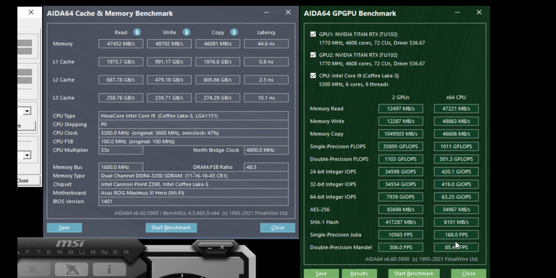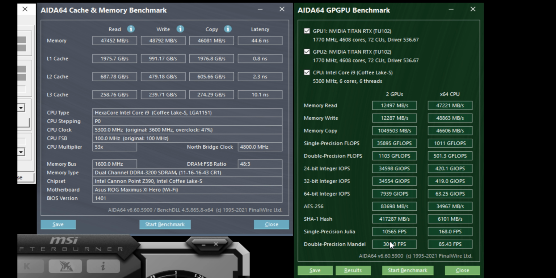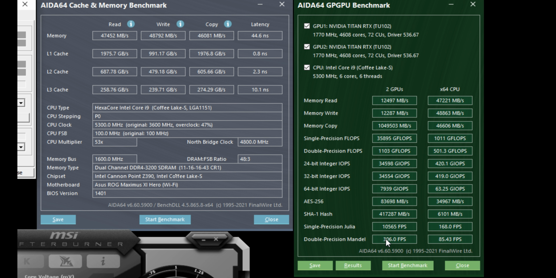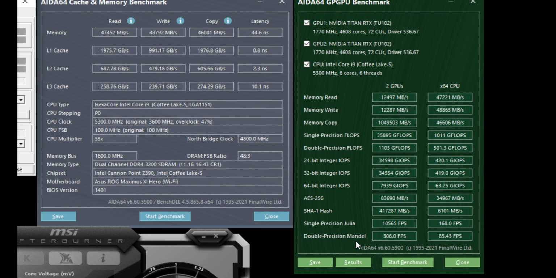This is the AIDA64 GPU benchmark. So from 5.1 gigahertz while running 8 physical cores but hyper-threading technology disabled, I'm at 300 FPS, 303 FPS. But right now when I'm running 6 cores, 6 threads, and it's all physical, without the hyper-threading technology, I'm at minimum 304, 306 FPS. So it's an improvement on the GPUs. This is not on the CPU. So on the communication between the CPU and GPU, that 200 megahertz extra is going to give you Gucci performance,